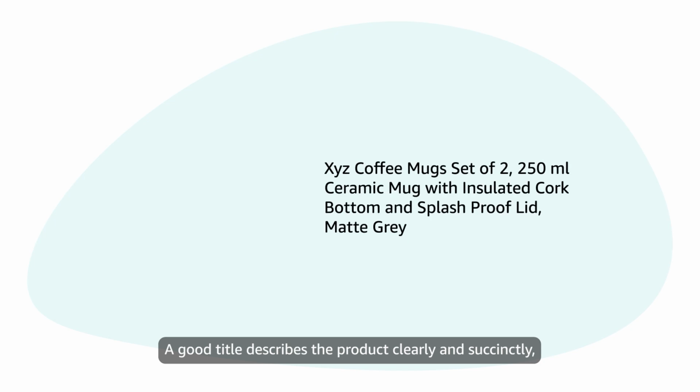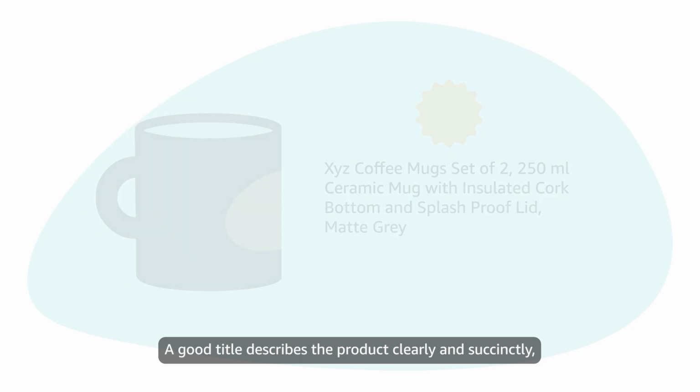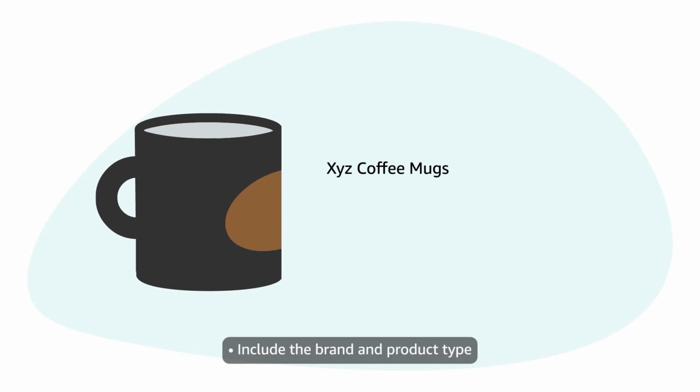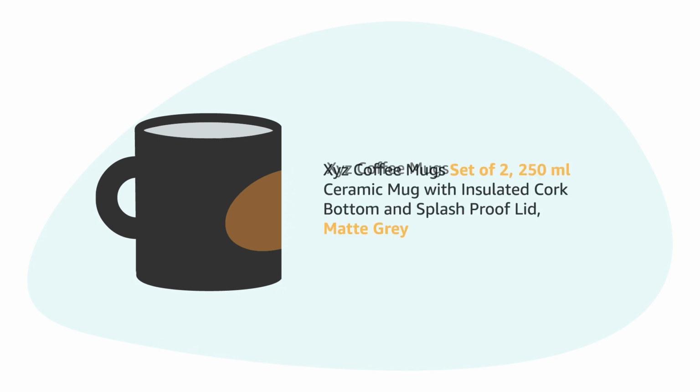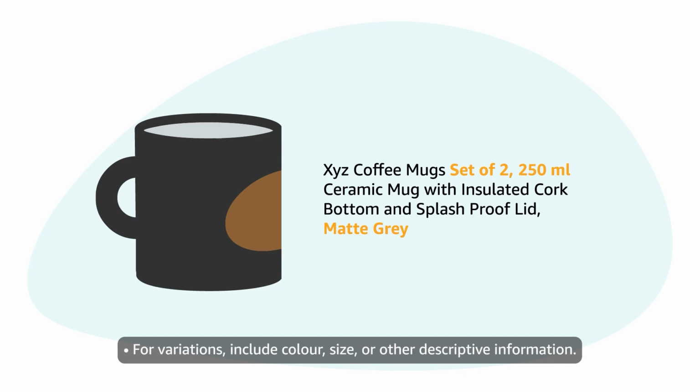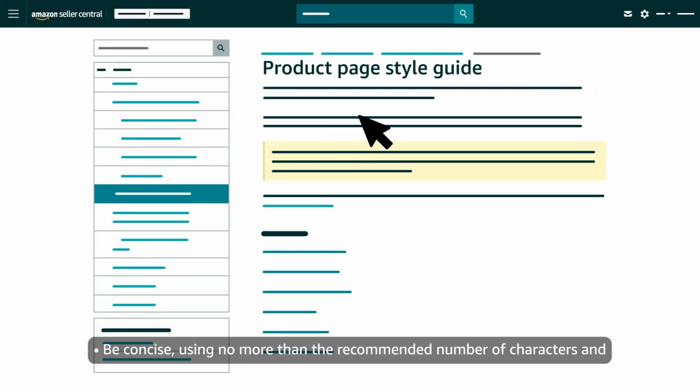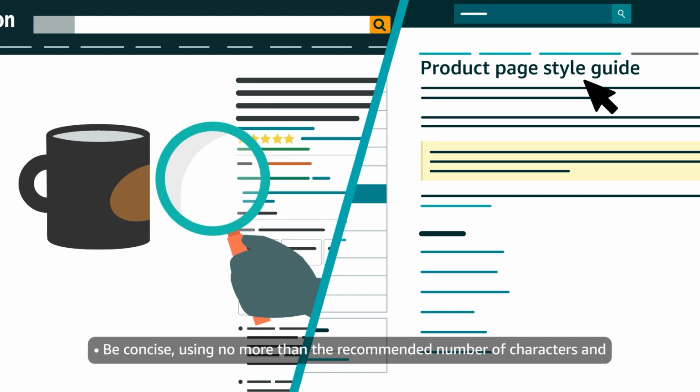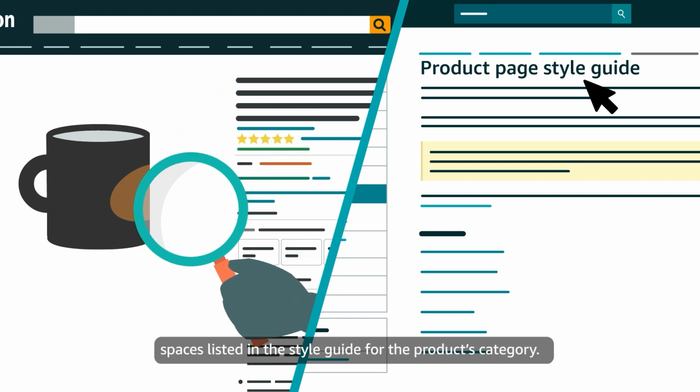A good title describes the product clearly and succinctly and helps drive searches. When you create a title, include the brand and product type. For variations, include colour, size, or other descriptive information. Be concise, using no more than the recommended number of characters and spaces listed in the style guide for the